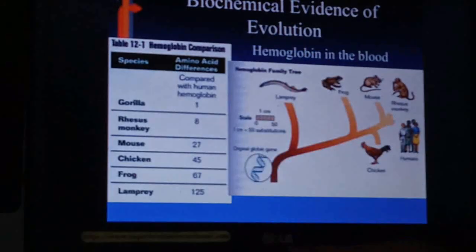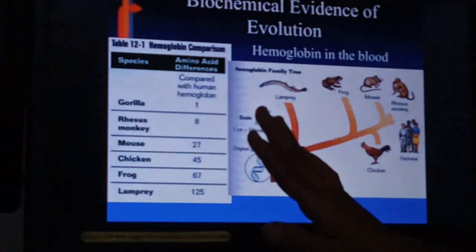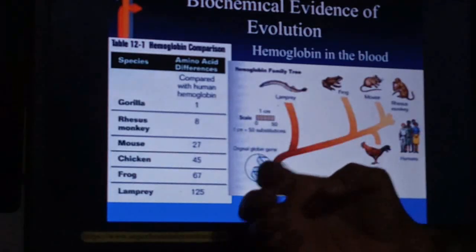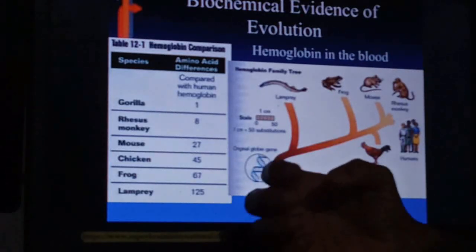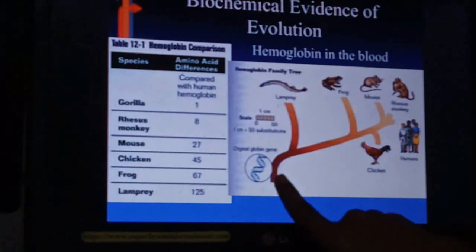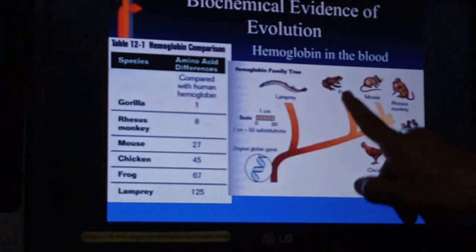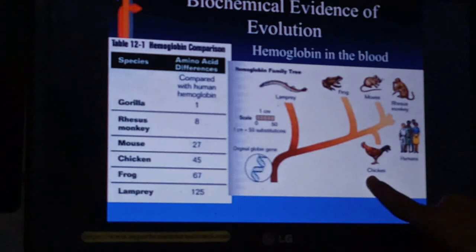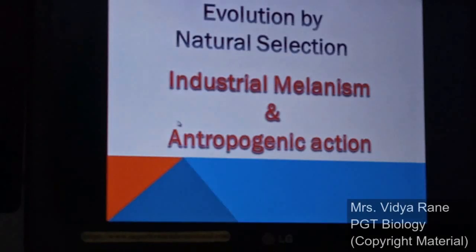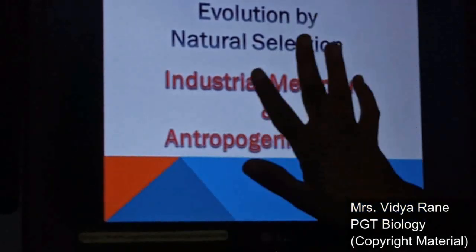So this again shows that, more or less, we are interlinked with each other, we are similar with each other, and this proves that we all have one common ancestor, and from that we have evolved into different organisms. So these are some of the evidences which give us an idea of how the different life forms evolved on the earth. Now there is a concept of natural selection.